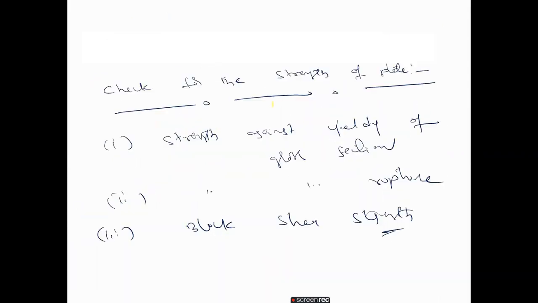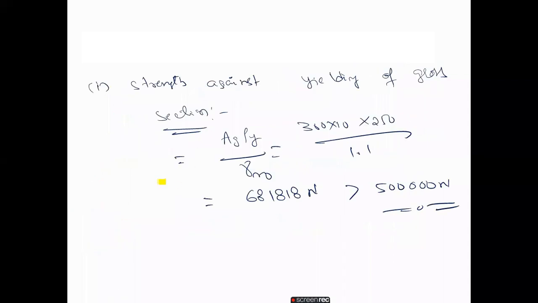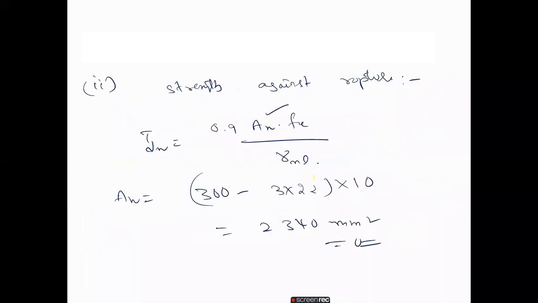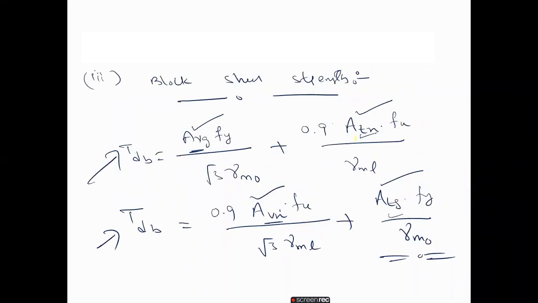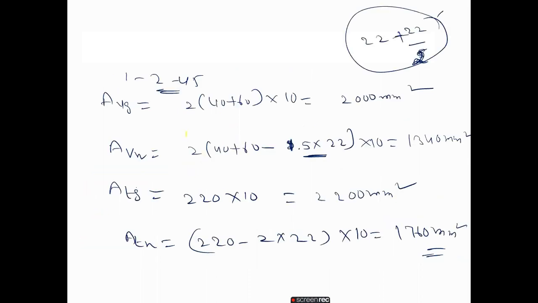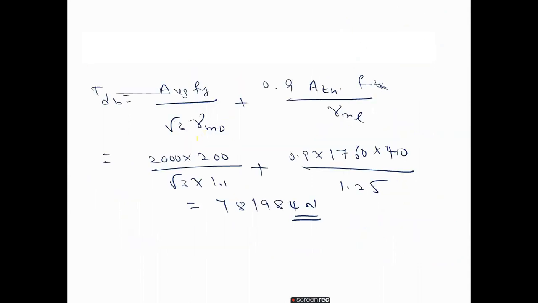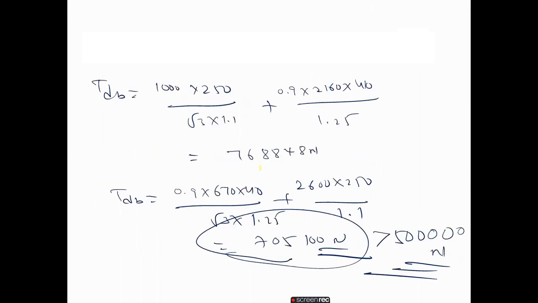Okay. Now check for the strength of the plate. We have to check this one in the 3 ways. For the 3 conditions: strength against yielding of cross section, strength against rupture, and strength against the block shear strength. So the first one we have a formula, we will get the answer. And second one also we have a formula for the rupture, we will get the answer. And third one is, if you understand how 2 formulas are there as per the code book, and we have taken the 2 conditions, 1, 2, 4, 5 sections and 1, 2, 3, 4, 6 sections, and we substituted in the formulas. Finally we got the answers. So now these are all greater than our